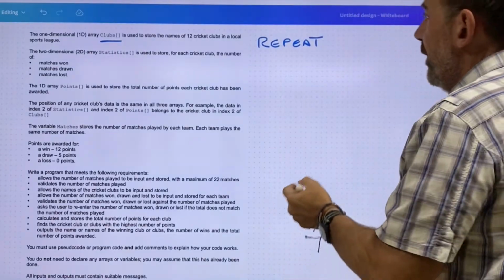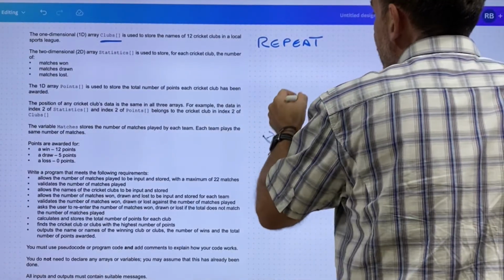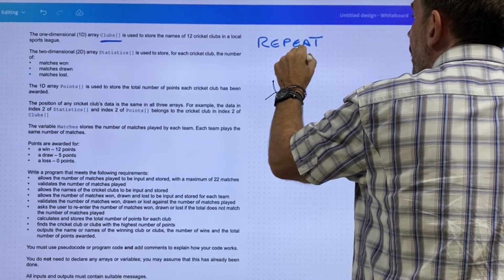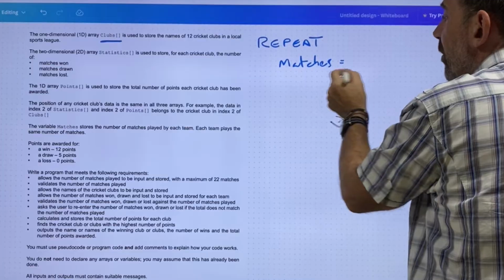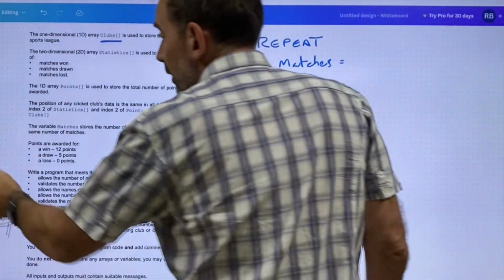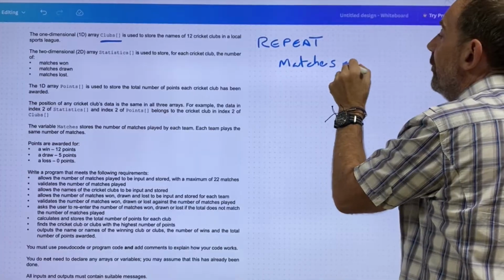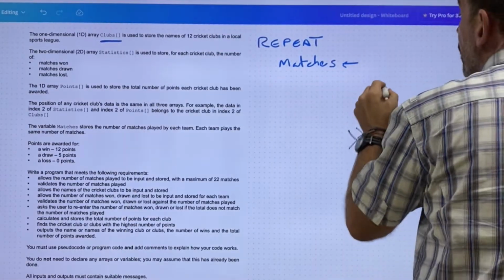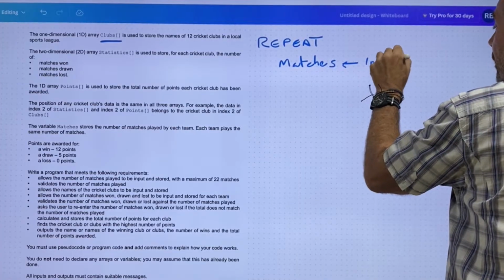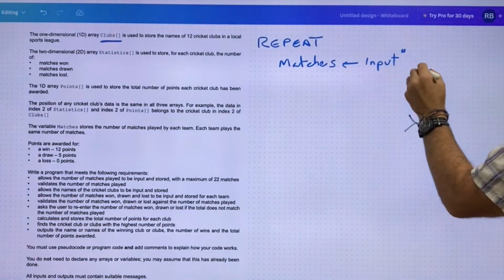Okay, so we're going to repeat until, or what are we going to repeat? We're going to repeat matches equals, or if you want to be right about it, we can do this if you wanted to. Repeat, matches is an input. I'm going to do it this way. Okay, input, and I need a message. Enter